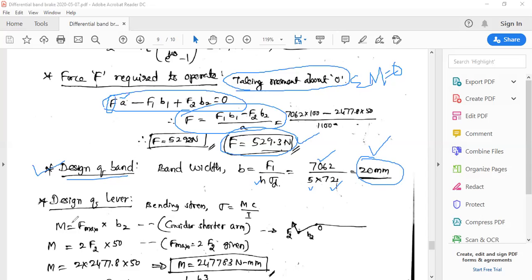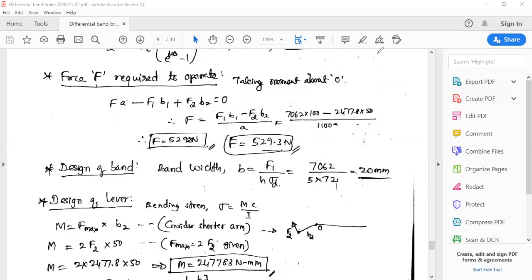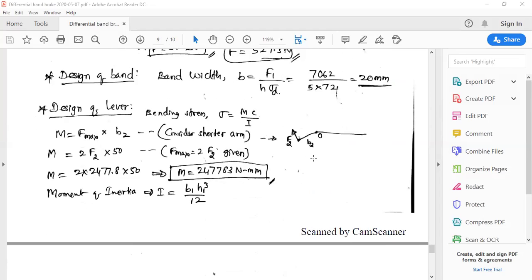And then we have to carry out the design of the lever part. So, design of brake lever. Here the material is given, that is C30 steel, that we have to assume. Now, by using the bending equation, we know that bending stress sigma is equal to M into c divided by I, or M, the maximum bending moment, multiplied by y divided by I. So y is again nothing but c itself, that is the distance of the centroid.